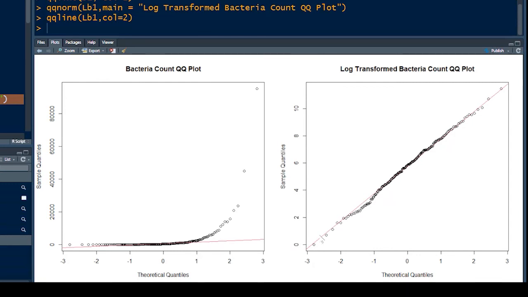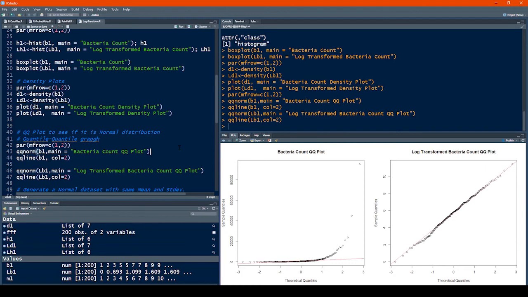Ignore the red line. The red line is simply to see where you are. Without the red line, what you see is a nice straight line here, which means my data set matches with one created by R, which has the same parameters, mean and standard deviation. So this is it. We can simply say now that our data set has been transformed. It's a normal distribution now, and now we can work with it. But once you get the results, as I've said about 20,000 times already, you've got to convert it back to original numbers. That's our next video, on regression and logistic regression.